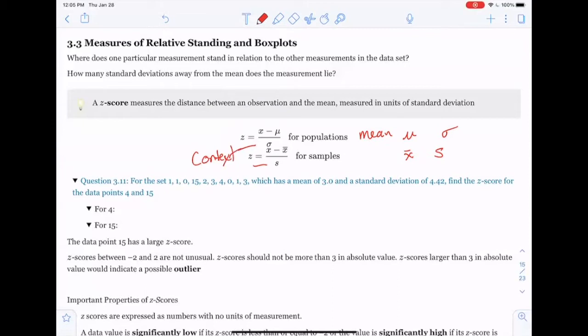And dividing by the standard deviation gives us the context of how far away things are. So if we look at this question, here we have a set of data, 1, 1, 0, 15, 2, etc. And we've calculated the mean to be 3.0 and the standard deviation to be 4.42. We want to find the z-score of two different data points, the data point 4 and the data point 15. For 4, I just take x minus mu over sigma. Our data point is 4, our mean was 3.0, and our standard deviation was 4.42. And if I compute that, we get